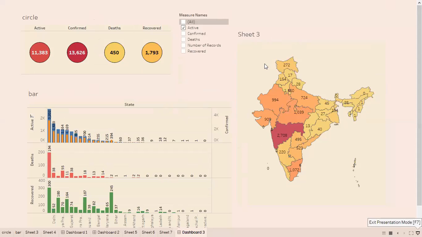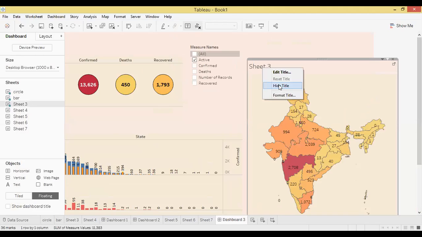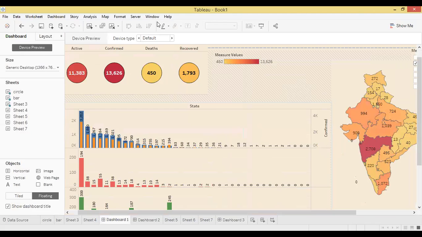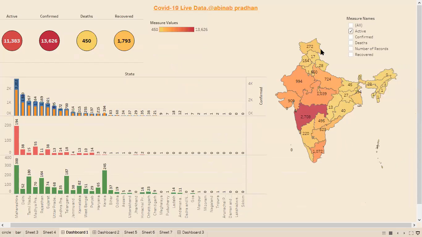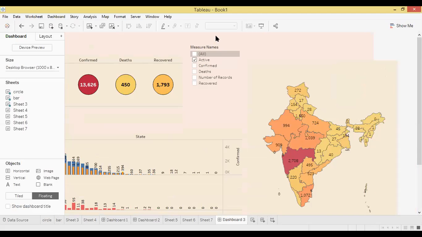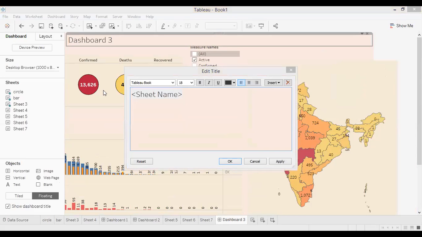Are there any doubts for this one? I have hidden almost all the titles. The reason why I'm hiding all the titles is that I've already given the top name, like COVID-19 live data at the rate of Abhinay Pradhan. So that's why. On this one, I haven't given any title yet. For giving a title, you can go at the bottom over here, show dashboard title. You can double click, type